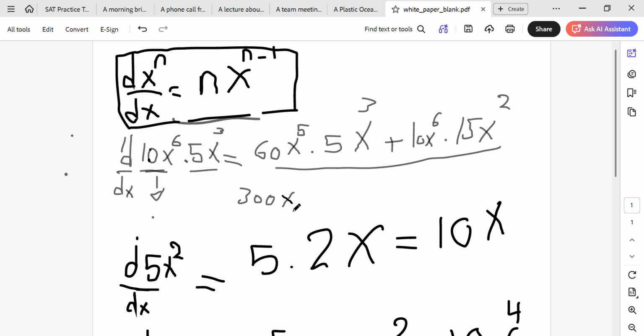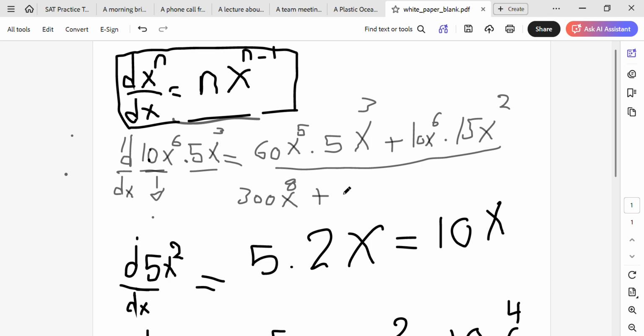So 300x. As we know, when we have the same base x but different powers, and it's multiplication, I can add the powers together. So 5 plus 3, that is 8. So it will be 300x raised to the power 8 plus, we have 10x raised to the power 6